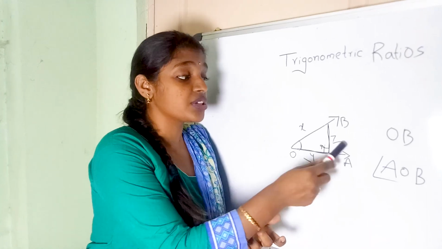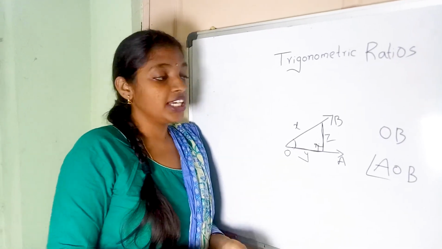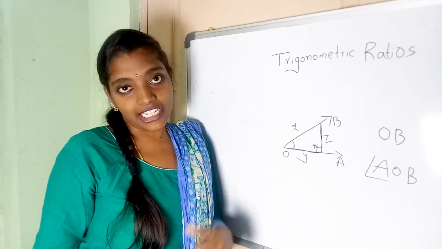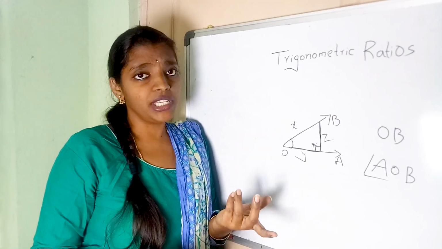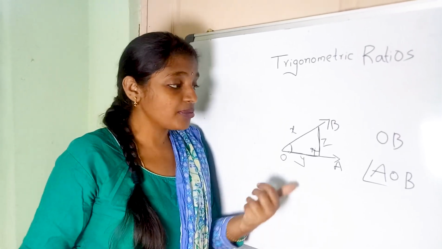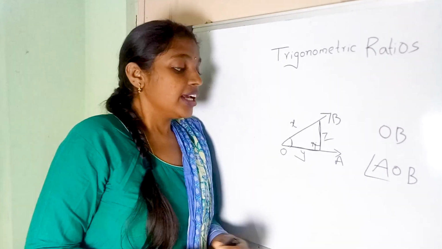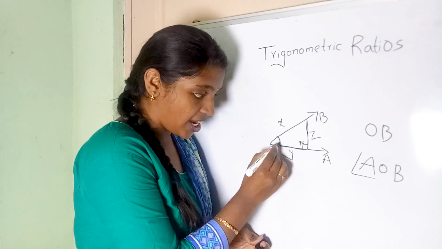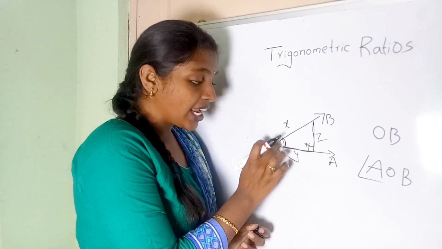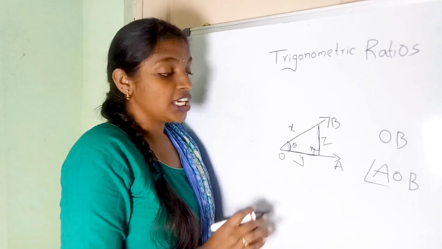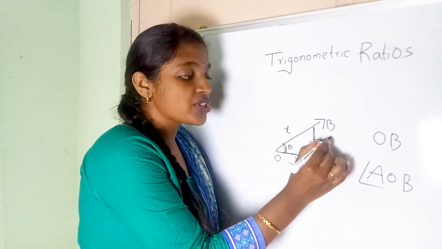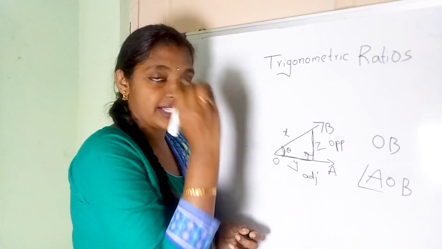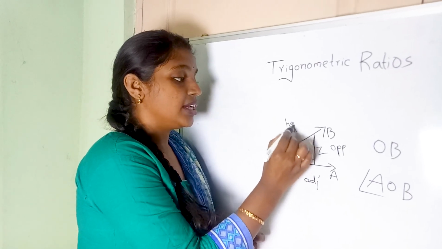What about the other two sides? One is opposite, the other is adjacent. How can you decide that? Many people get confused here. The largest side is the hypotenuse. What about the remaining two? We decide based on wherever the angle is given. Suppose in this triangle the angle is here, theta, an acute angle. The side opposite to the acute angle is the opposite side, and the leftover side is adjacent. This is the hypotenuse. Is it clear?